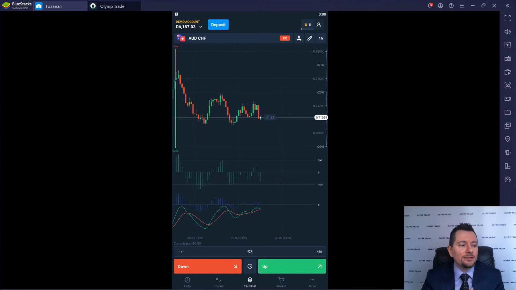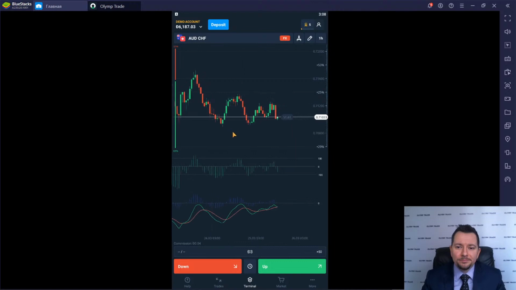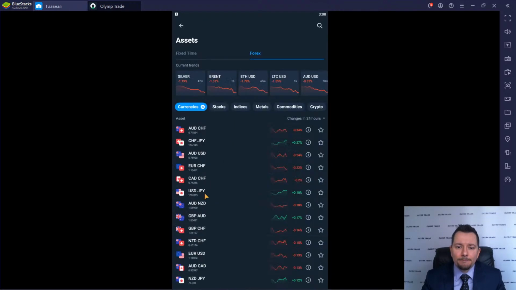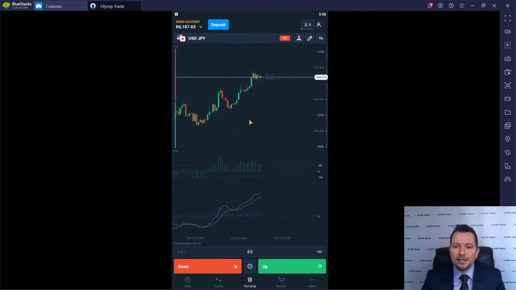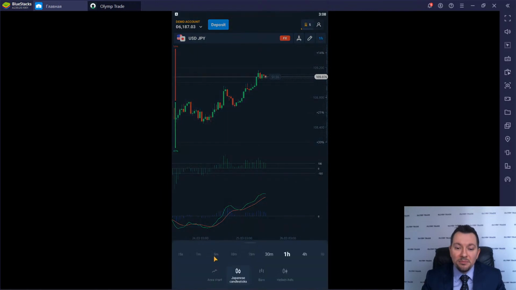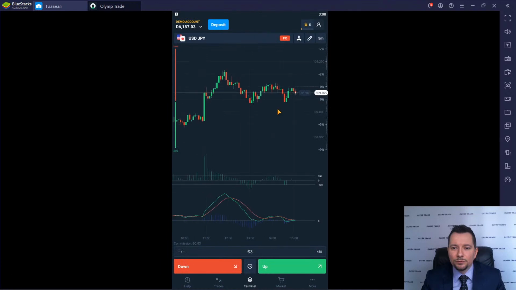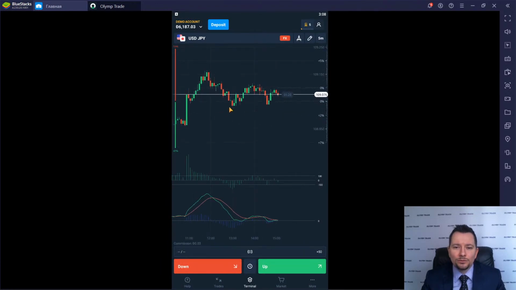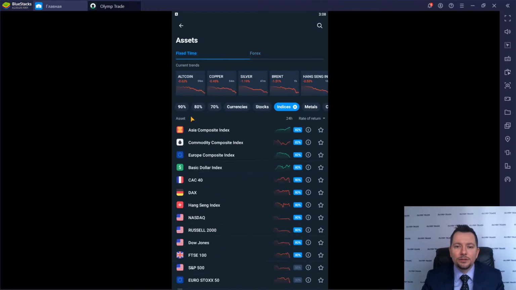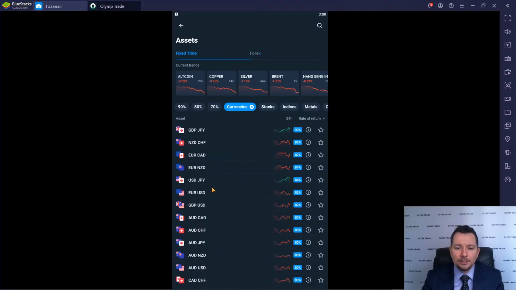This, guys, is where we're going to come together. Anybody see an asset that is tradable? Anybody have a good entry point? There's a few U.S. crosses that I had to look at, like here, say the U.S. dollar Japanese yen. Because we're going to be trading minutes, I'm going to go ahead and drop down to the 10-minute graph, maybe even 5-minute. But this market pattern right here, oof. See how we're getting tightly coiled? Uptrend here, downtrend here. So not a really good entry point as of right now. I wonder if all the markets are going to be like this. Let's go to ETF. We're going to trade some ETFs, some currencies. Look at the euro-dollar currency pair.